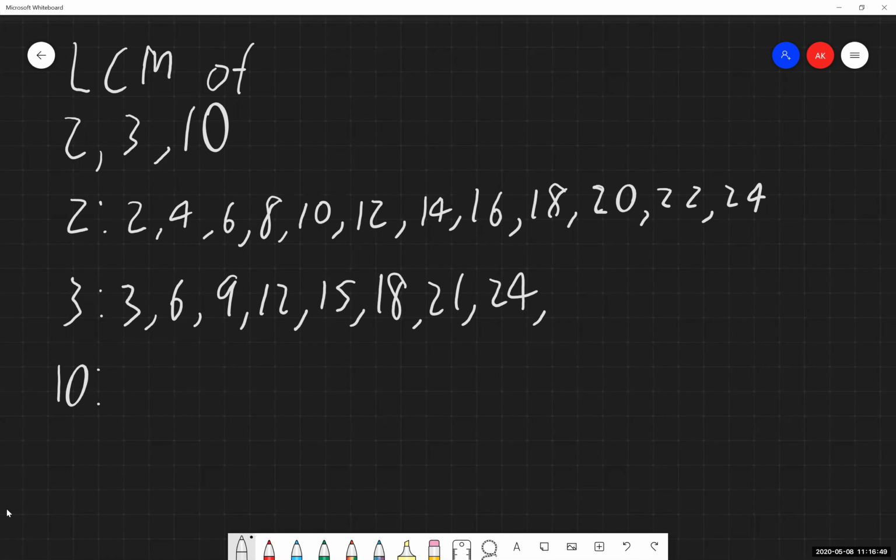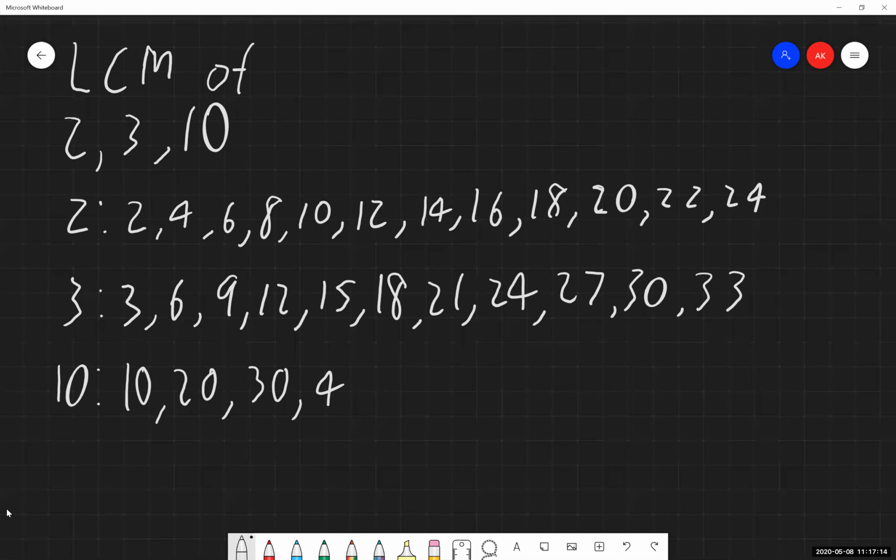So we're probably seeing a few instances already between our numbers. There's some similarities between those. You're probably seeing some of those in 2 and 3 where they match up, and that's great. But again, we're trying to find the lowest common multiple of all 3 numbers that we have been given. So I'm going to start listing out the 10s. So again, 10 times 1, 10 times 2, 3, 4, etc.